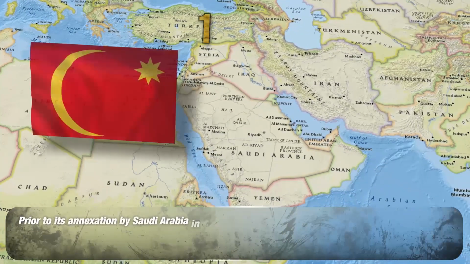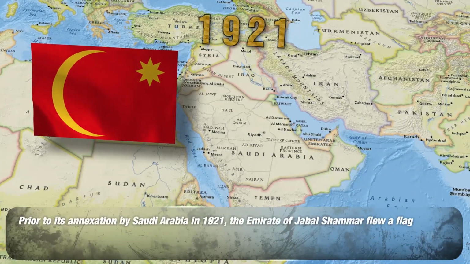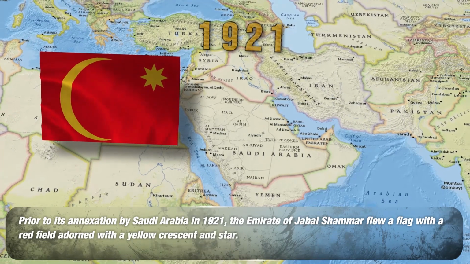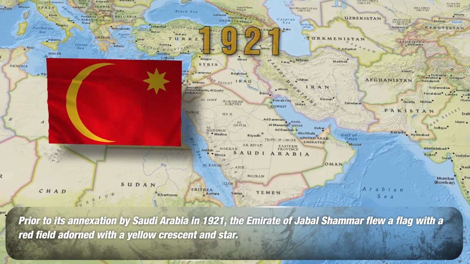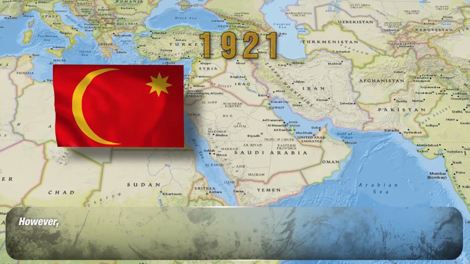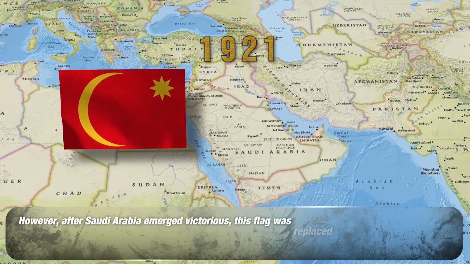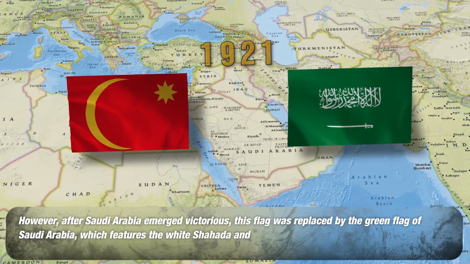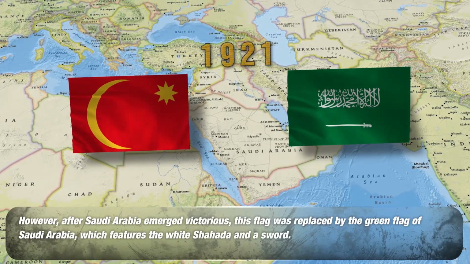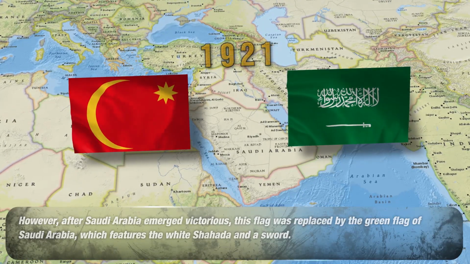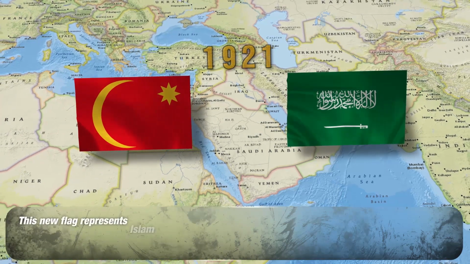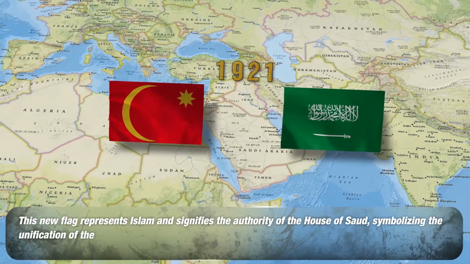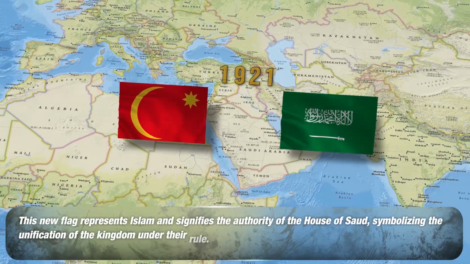Prior to its annexation by Saudi Arabia in 1921, the Emirate of Jabal Shammar flew a flag with a red field adorned with a yellow crescent and star. However, after Saudi Arabia emerged victorious, this flag was replaced by the green flag of Saudi Arabia, which features the white shahada and a sword. This new flag represents Islam and signifies the authority of the House of Saud, symbolizing the unification of the kingdom